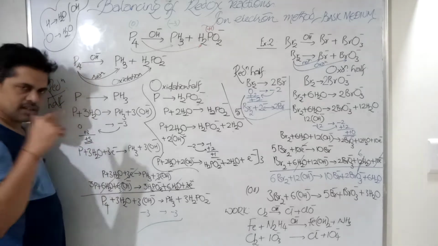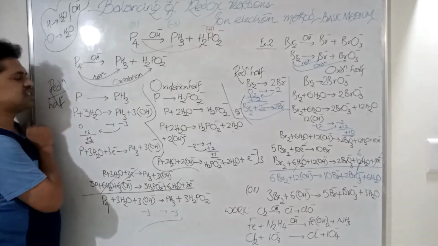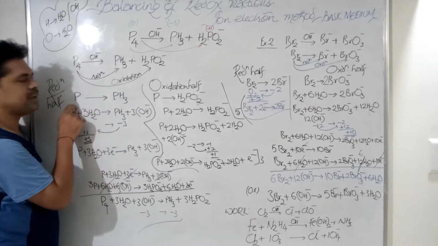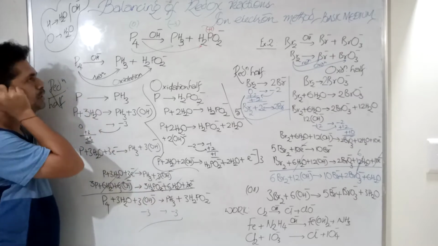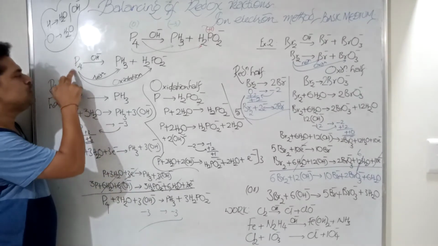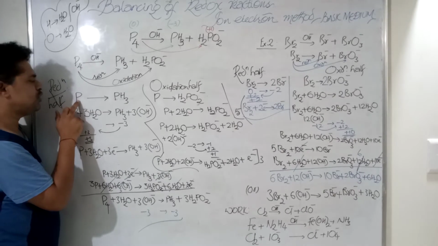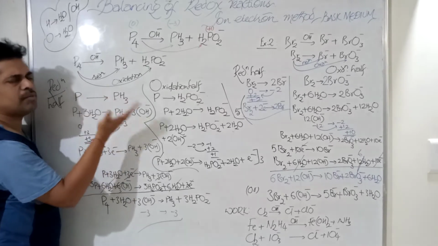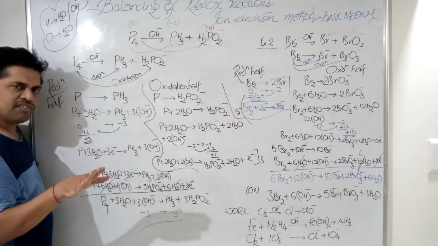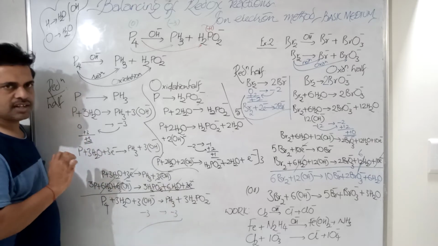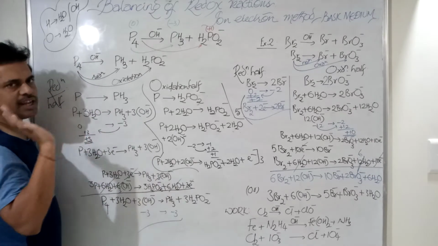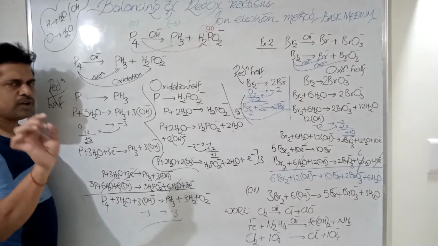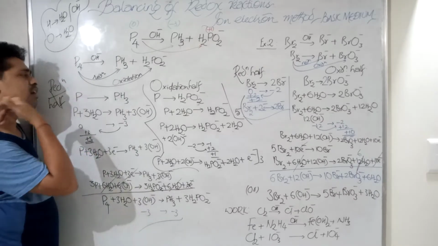So similar to last class, reduction half: P gives rise to PH3. P4 was there, I made it P. Now don't make P2, there is no sense. You can use P4 as it is, but then you have to make it 4PH3, and the number of hydrogens will become 12. The numbers become bigger, however our job is only balancing here. So there is no need to take P4; you can take single atom P. But finally, when you are expressing the answer, it must be given as P4. That point only you need to take care. Remaining all you can comfortably do.